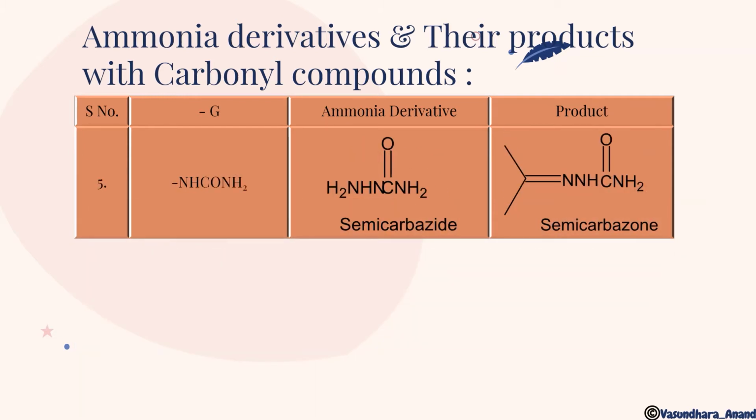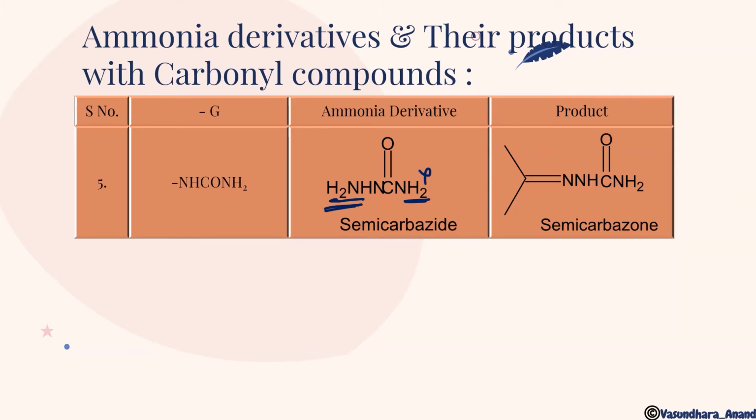Okay, now the next is this, NHCONH2, that is called semicarbazide. If it will be like NH2 here, and one H is replaced by this. So one very important question can be asked: although it has two NH2 groups, one NH2 group here and another NH2 group over here, in the reaction with the aldehyde or ketone, it reacts with only one NH2. First question, which NH2 will react, and another question, why that NH2 only. So just be careful, the one NH2 which is directly attached to C double bond O will not take part in the reaction.